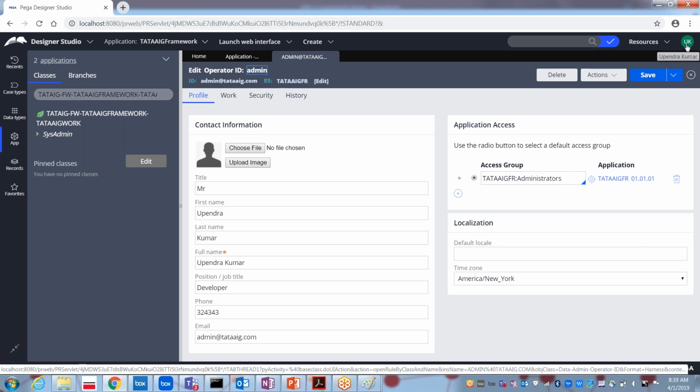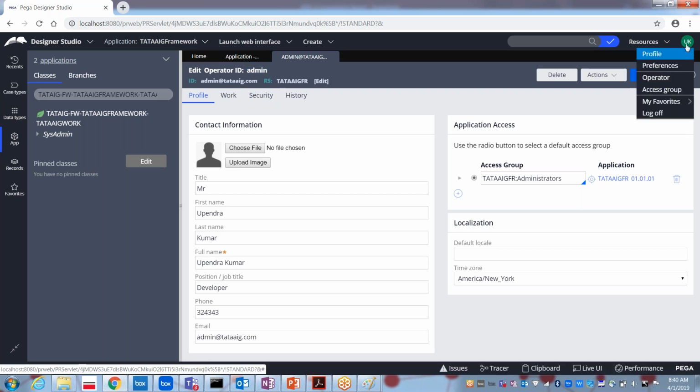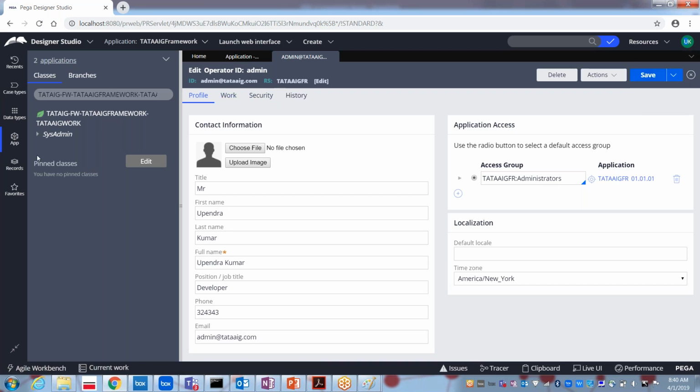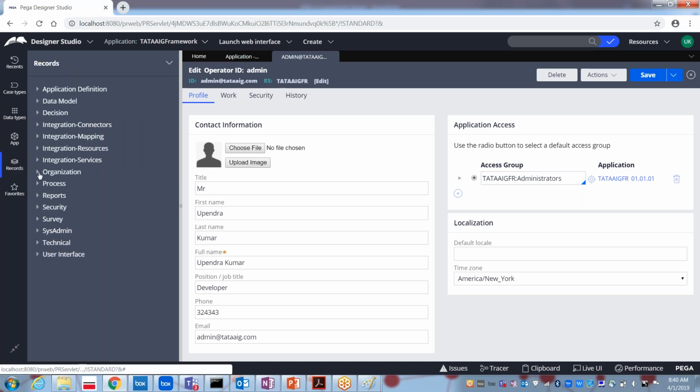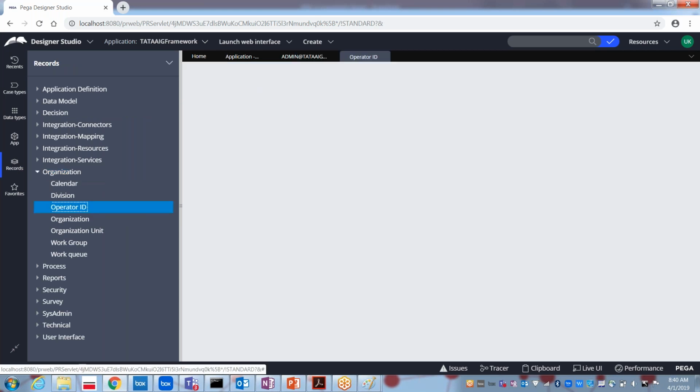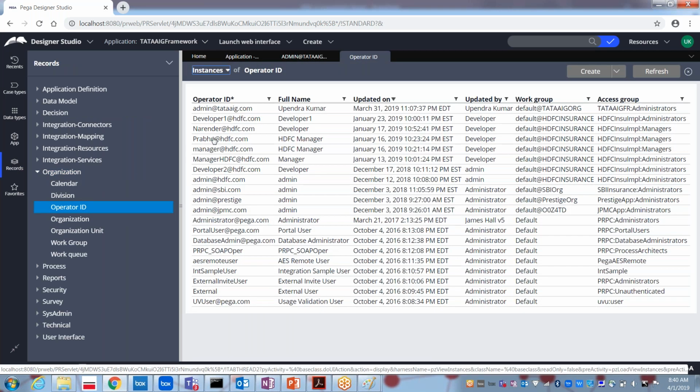If you want to open the current operator ID by which you have logged in, you can select this, and again select operator. But if you want to see the complete list of the operators available in your system, then select records. Under records, organization, under organization, operator ID. If you select it, it will list out all the operators which are available. These all are the operator IDs available in my Pega software. To open one, you can select the operator ID which you want to open.